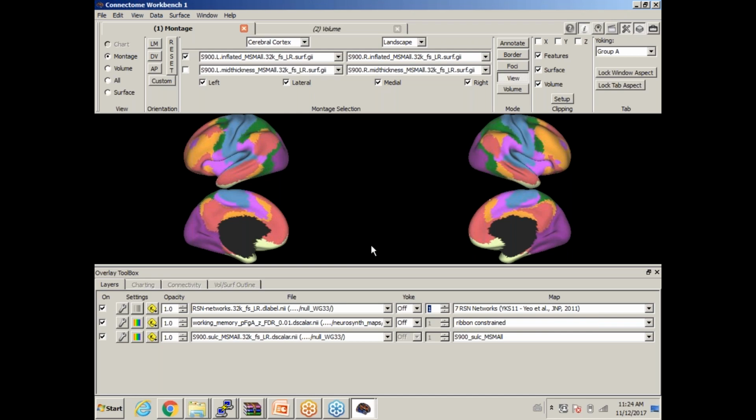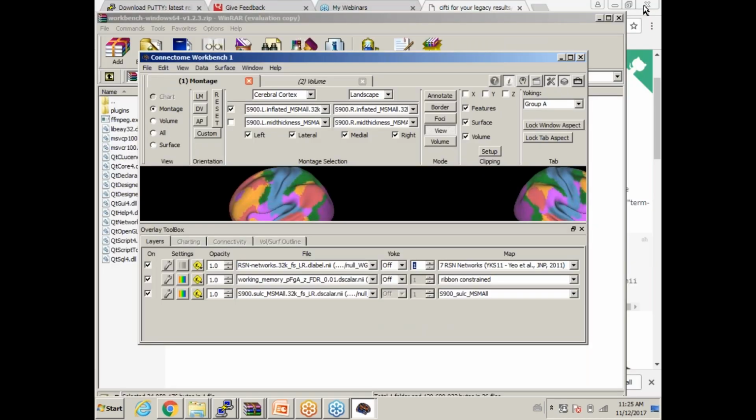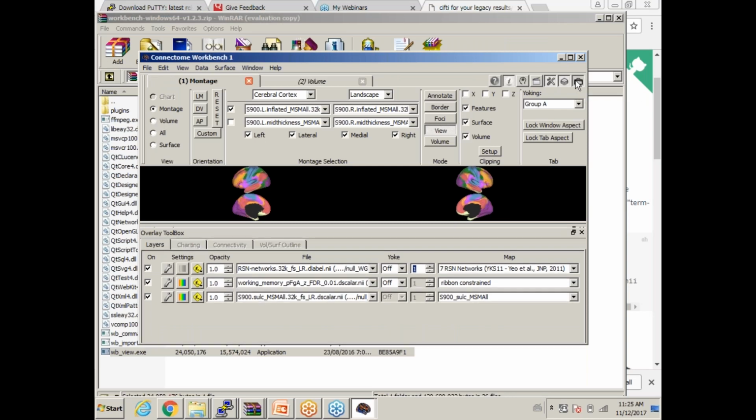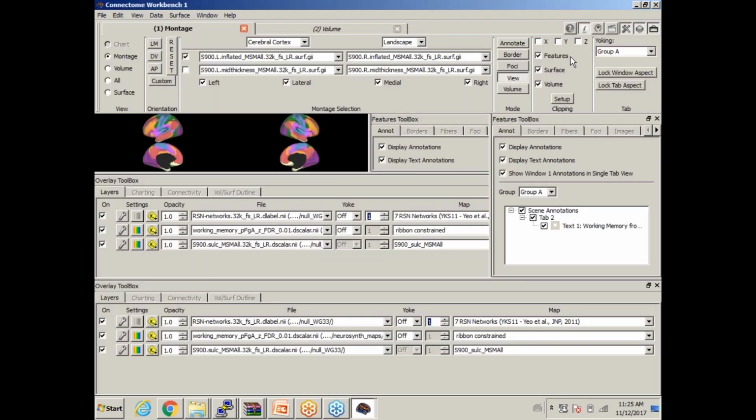And the nice thing about these dlabel files is that, with these dlabel files, you might notice that the color of the ROIs is correct. It looks like the Yeo map. That's because the default color is actually saved into the file somewhere. We can look through the place where it's saved into the file, and this little briefcase on the far right, if we hit it,